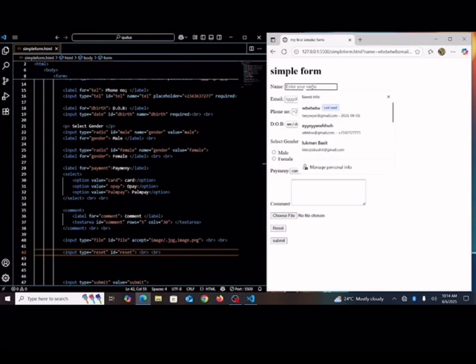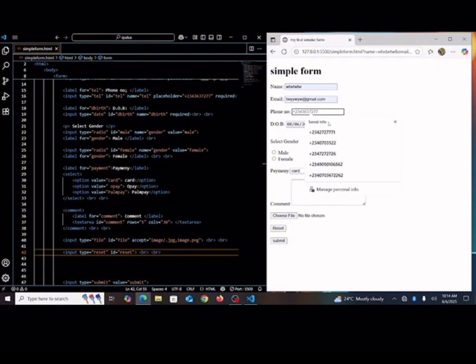Example, let's just fill out this field. Let me enter a new number. Select the gender. I select my payment method. I type thanks for this tutorial. So maybe you made a mistake or you filled wrong information into this form, but